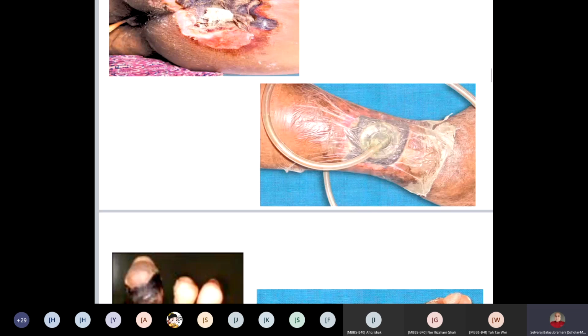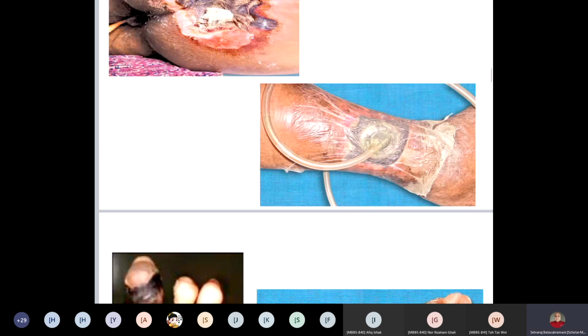Can you tell me the diagnosis? What type of ulcer is it? Arterial. Yeah, arterial block. Okay, correct. This is what I taught you last week in artery. So what type of ischemia is it? Acute or chronic? Chronic. Yeah, it looks like chronic. Okay, correct. Very good.